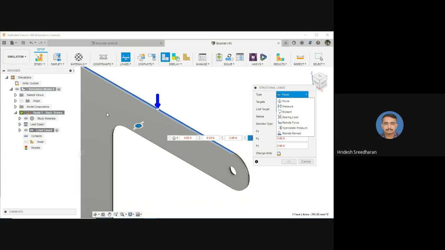Or you may need to split the entire body into two halves, say one body up to a particular point and another body from there. Since they are bonded together by contacts, it will almost act as one, and you can give the load on one. Maybe slight errors will be there in the results, but that will also be good, I think. So in Fusion 360, while applying load, we have just this much of options to provide load.